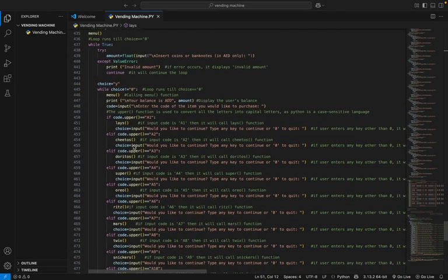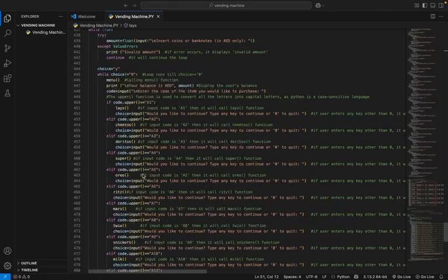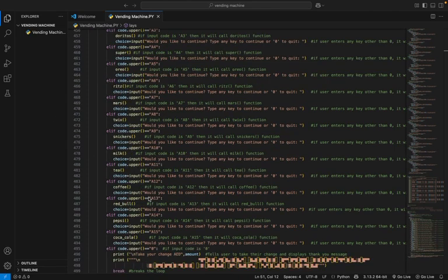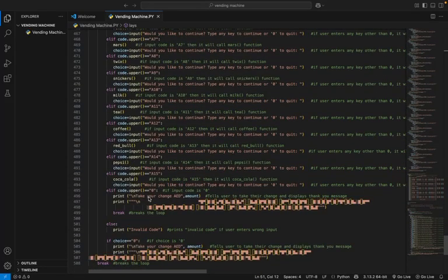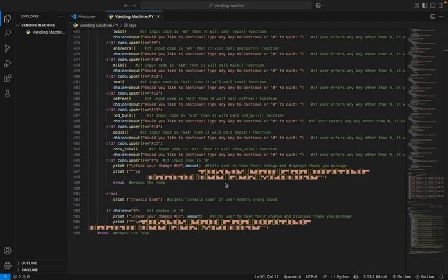Here are the conditions. If the user enters what they want, and if it is available, it will be dispatched. And if it is not available, the code handles cases like insufficient funds or the item being out of stock by displaying an appropriate message and options to the user. Press 0 to exit, and at last it shows the message, thank you for using my vending machine. Thank you.